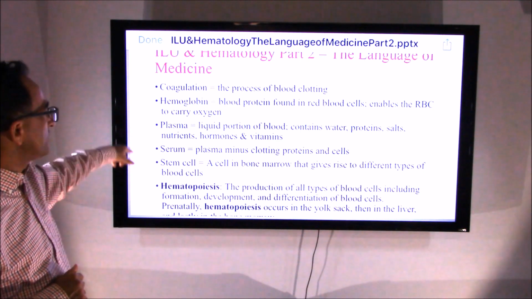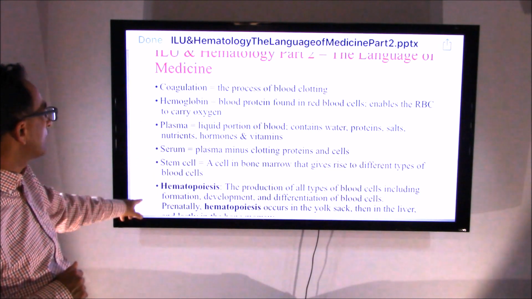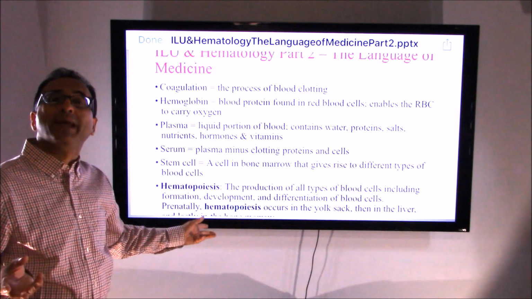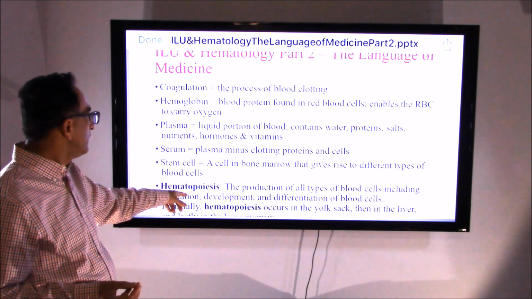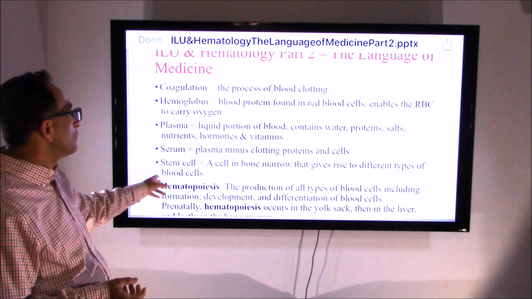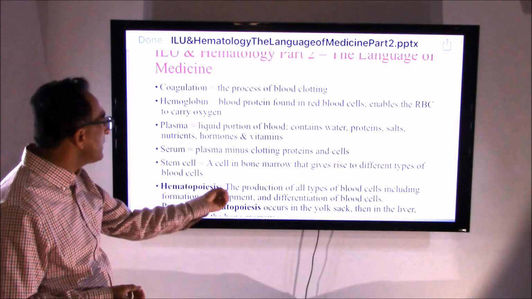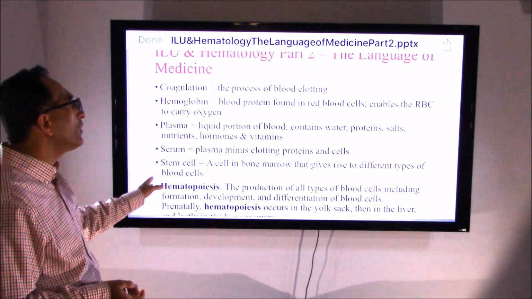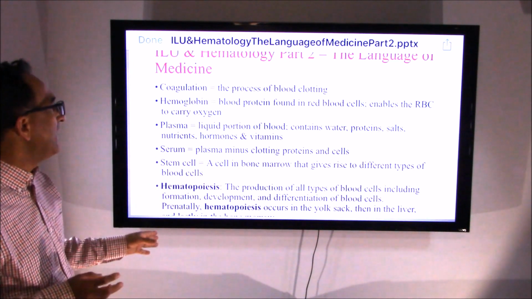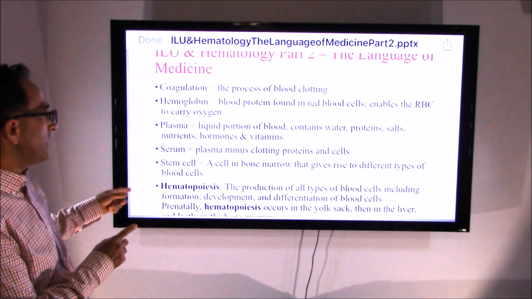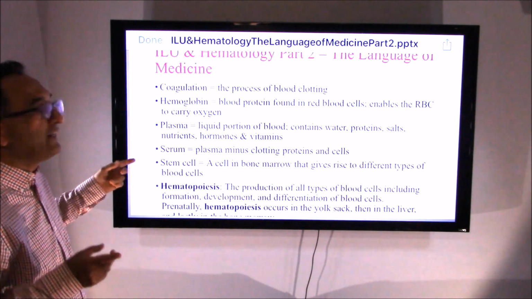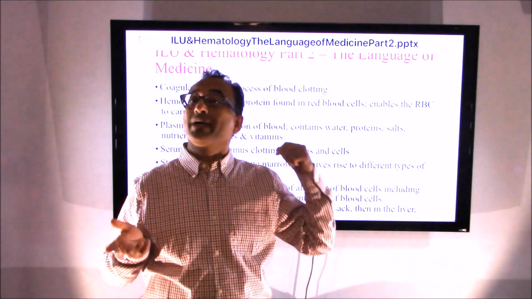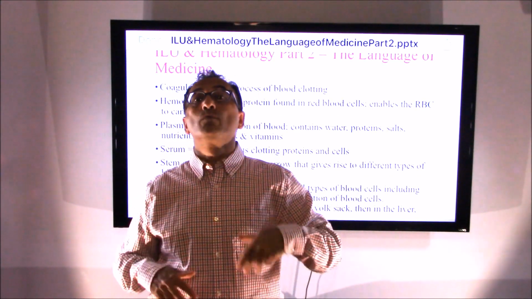And the entire process is called hematopoiesis. Remember, we said poiesis means to make. To make what? To make blood. So to do so, all the types of blood cells are produced, formed, created. They go through the differentiation of blood cells, and the entire process occurs in our body that we don't even realize. So with that being said, try to make a note of these details,